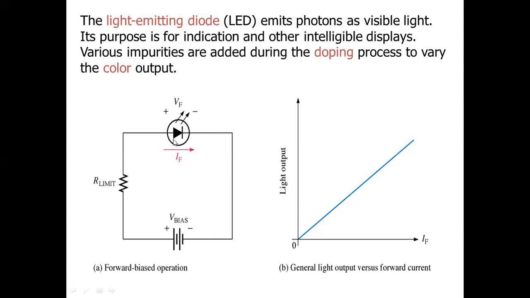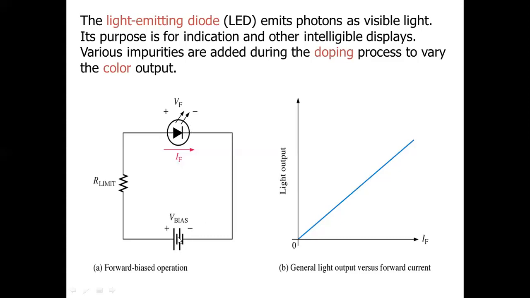OK, so from the diode the light is emitting, that is called a light emitting diode. If the light falls on the diode and reverse current flows in the diode, that is called a photodiode. The diode which is taking the light is called a photodiode, and the diode which is emitting the light is called an LED. We are going to call that one LED.